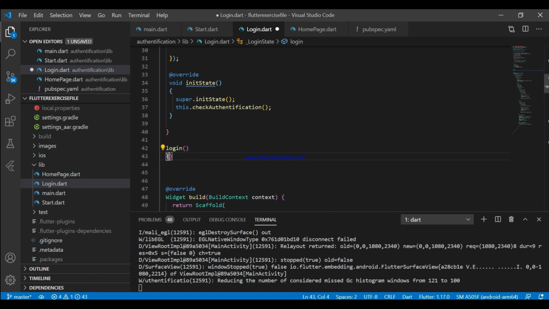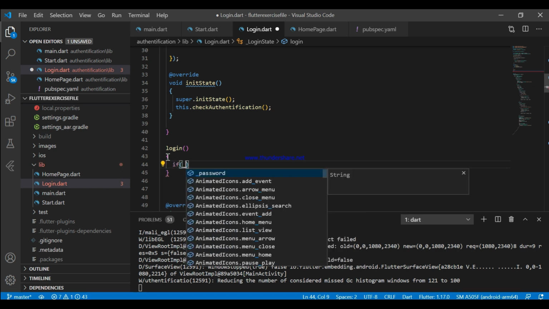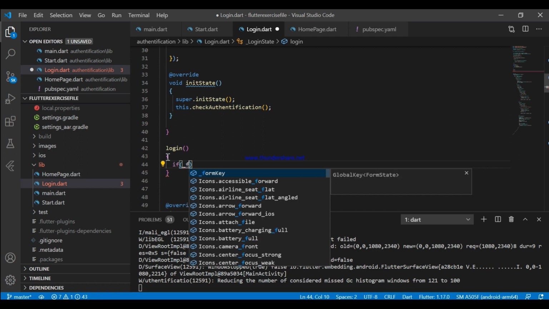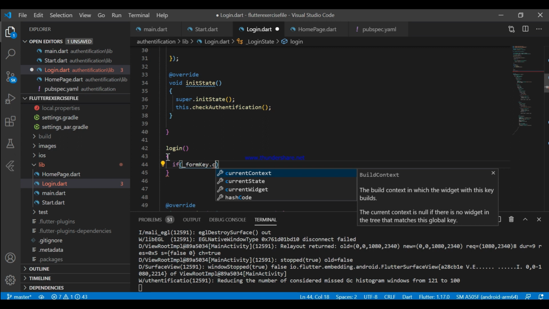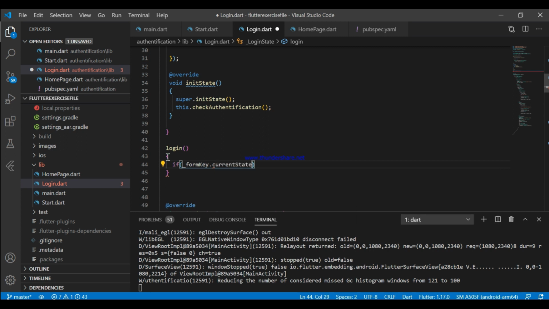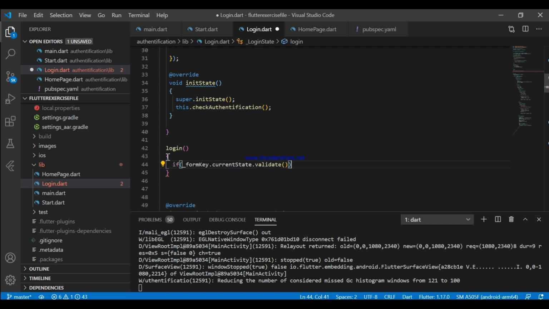We need this login button because the user has entered an email and password of 6 characters, then it will validate the current state of the form. So we need to check the validation of the current state by using the form key that we are doing right now. We are just validating the current state.